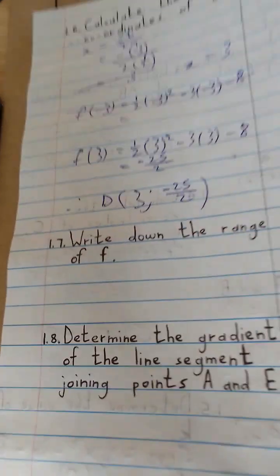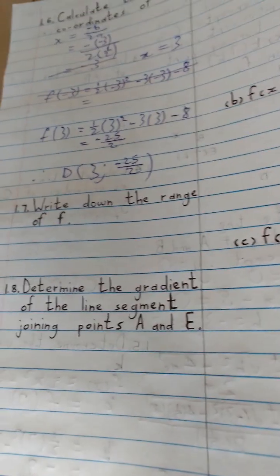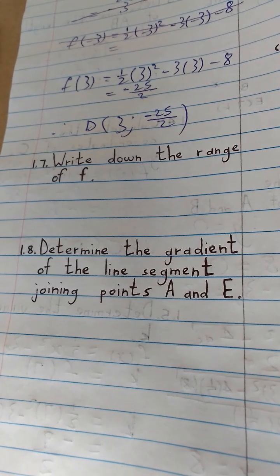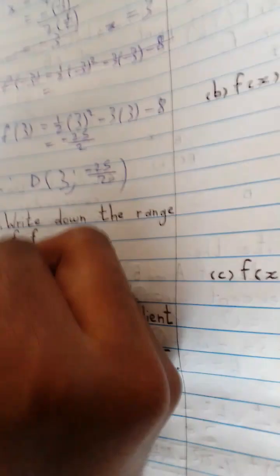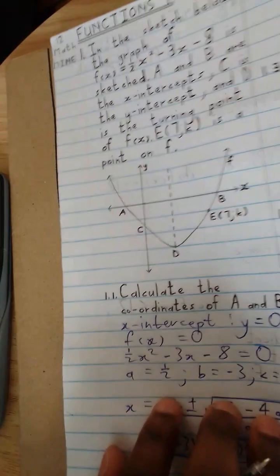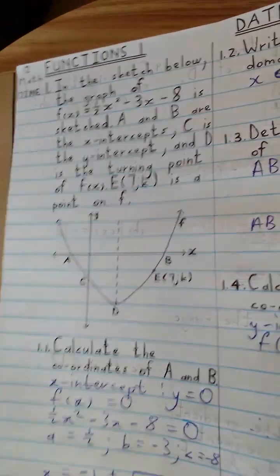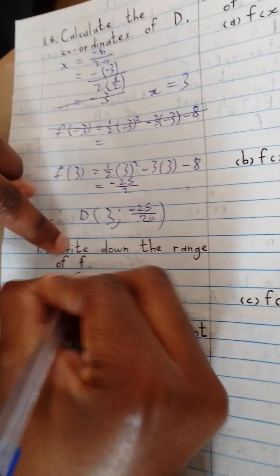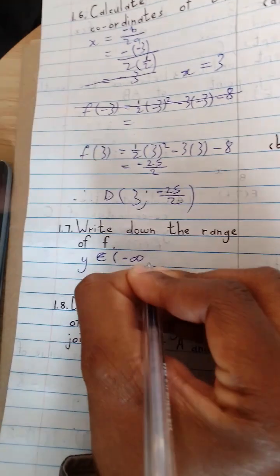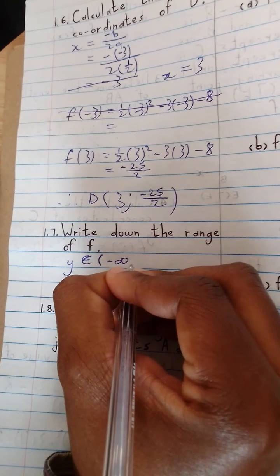1.7 states, write down the range of f. So the range is the set of y values, and we use the y coordinate of the turning point. So a is positive because a is half, right? So a is positive, so we can say y is an element of